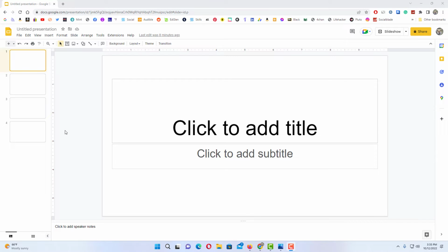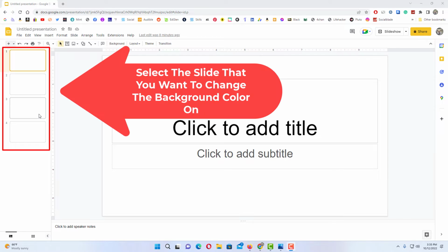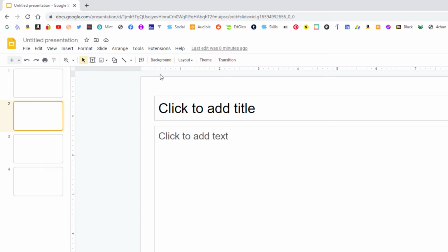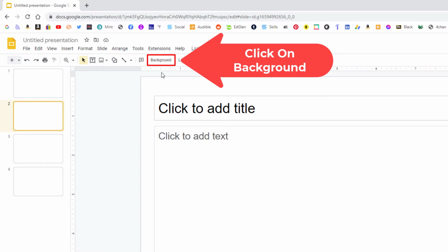To change the color of a single slide in Google Slides, the first thing you want to do, in the pane off to the left hand side here, is select the slide that you want to change the background color on. Say that I want to change the background color on this second slide. I will select it. Then I will go up to the top up here where it says background, and I'll